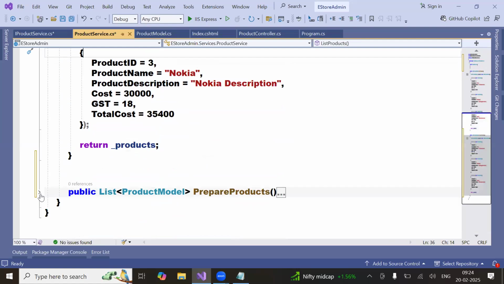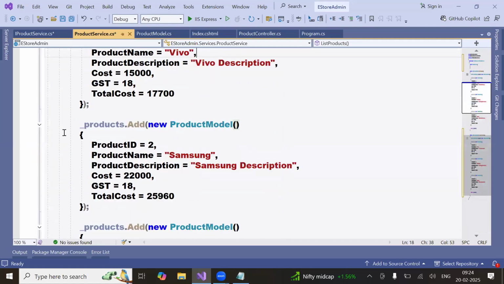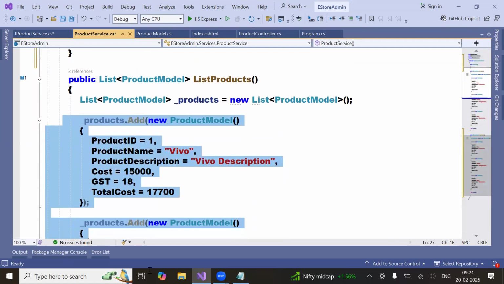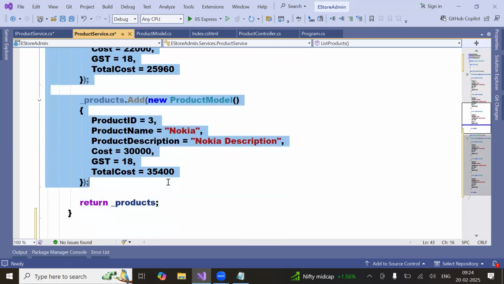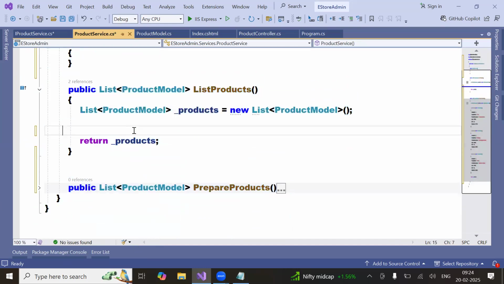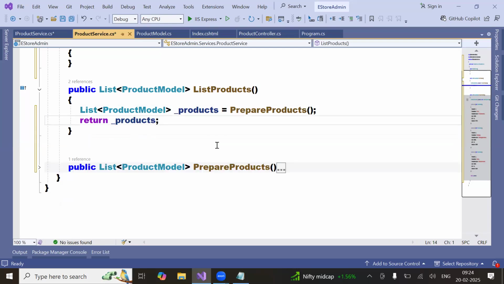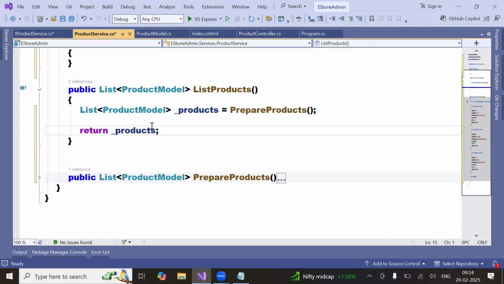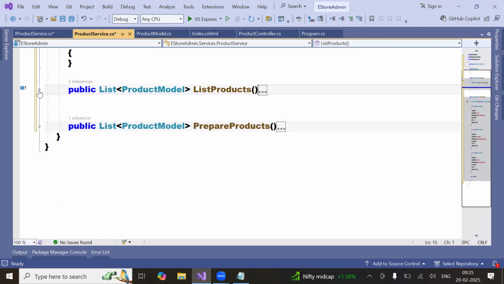So now both methods have the same thing. Say yes or no? The prepare method and this method are also the same. Now I'm removing everything here and instead calling PrepareProduct. Can I do this? Yes, sir. Did I make any implementation here in this service? No, right? Now if you go to the controller,